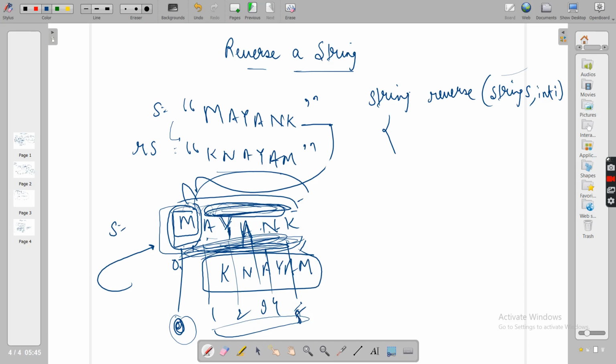See, till 5 you are having something to reverse. All right, if you are given only one letter, you can also reverse it. You can give me the same letter as it is. But what is the final thing, the point from where you can't do anything? So let's say if you see the index number 6, here we'll be writing two base cases. All right, guys, we will be writing two base conditions.